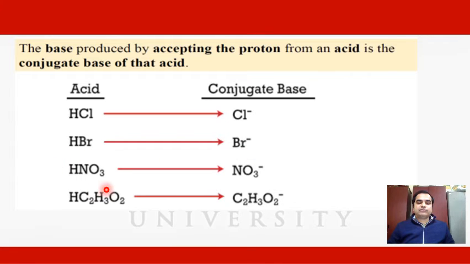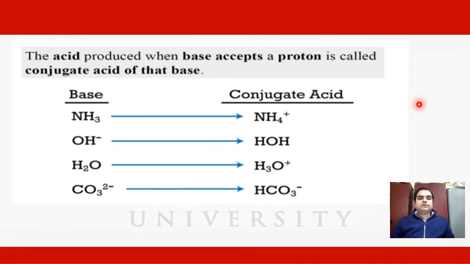If we have HNO3, then its conjugate base will be the NO3 negative ion. If we have this acid, this is the conjugate base of this species. Now, the acid produced when a base accepts a proton is called the conjugate acid of that base. Similarly, as we can see in the following examples, these are the base species and these are the conjugate species